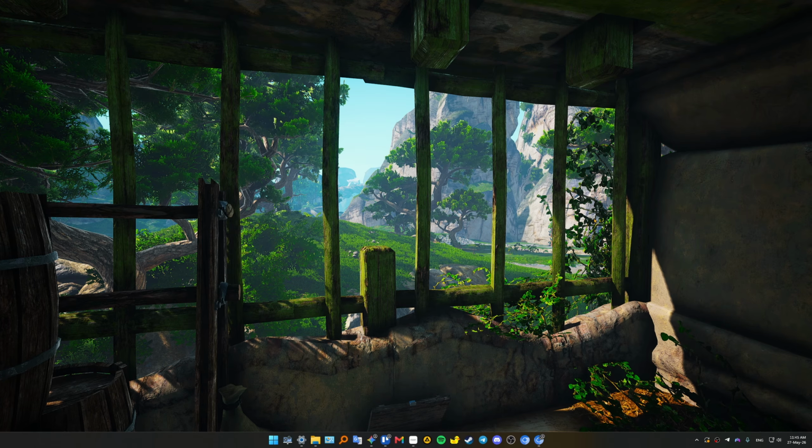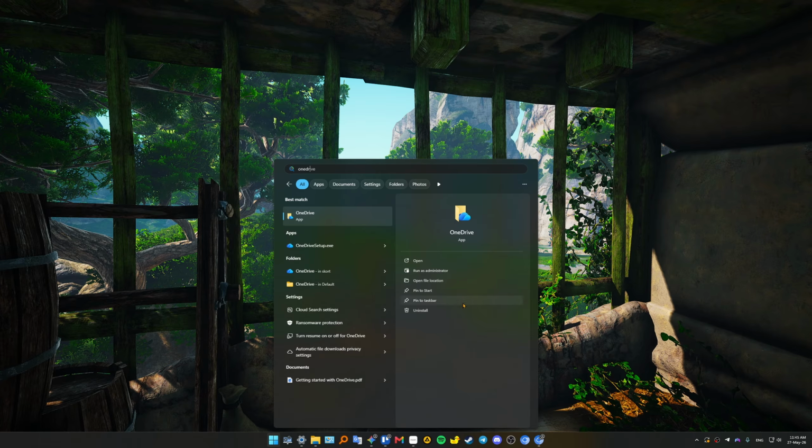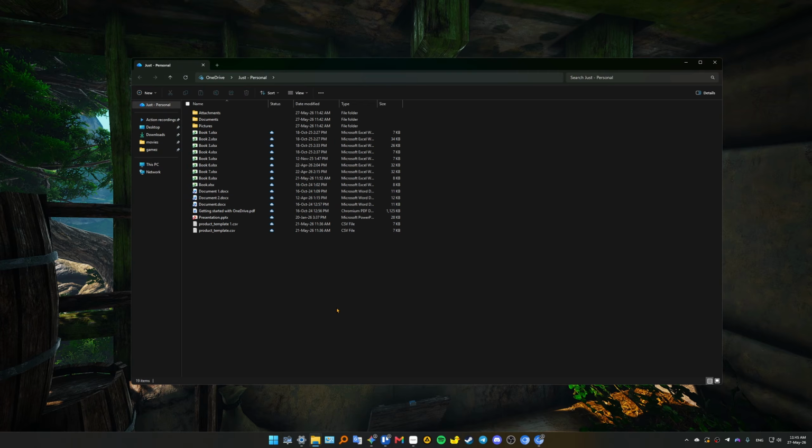And if the cloud icon doesn't reappear on its own after a minute, simply head to your start menu, then search for OneDrive and launch it manually to force a refresh. There you go. As you can see, it's now running, backed up and synced. So this is it. Hopefully we sorted you out, guys,